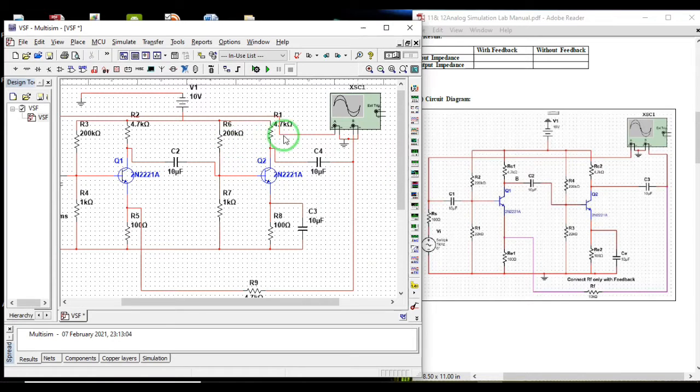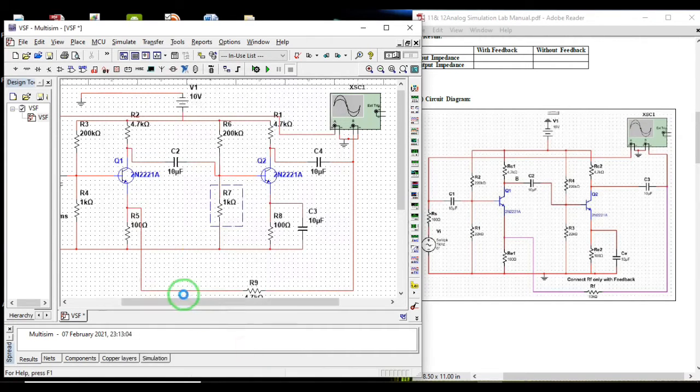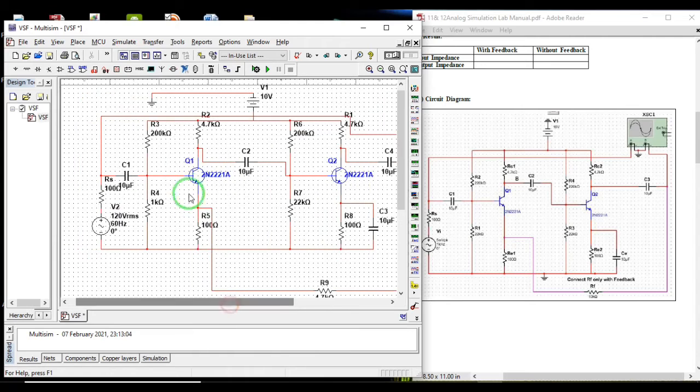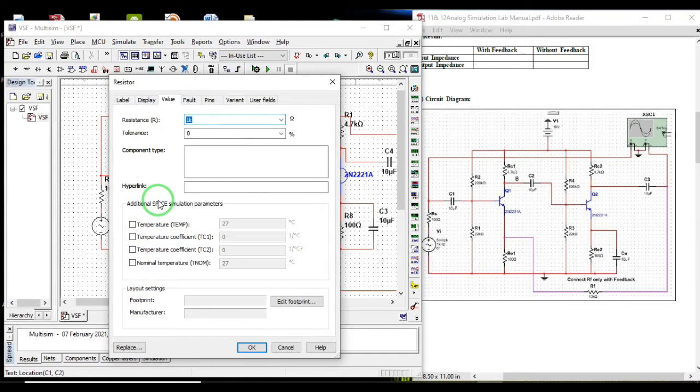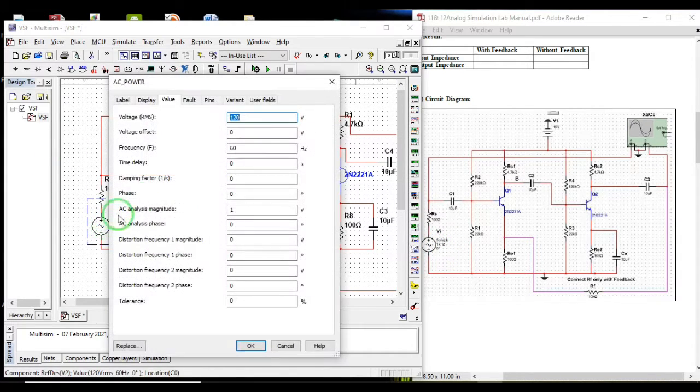This is 220k, 4.7k, 10 micro. Okay, this is 22k. I forgot to do it. 22k, small k, and this is also same, 22k. Now this is 1 kilohertz, 5 millivolt peak to peak. We'll give it.